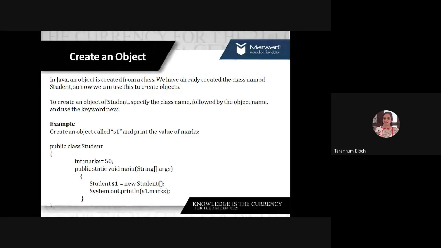And with the help of the class object, you can access the property. For example, the Student class has the property marks. So we can access it with the help of object S1. I'm talking about the last line where we have accessed the property. We have printed that property using S1.marks. So S1 is an object and marks is the property.